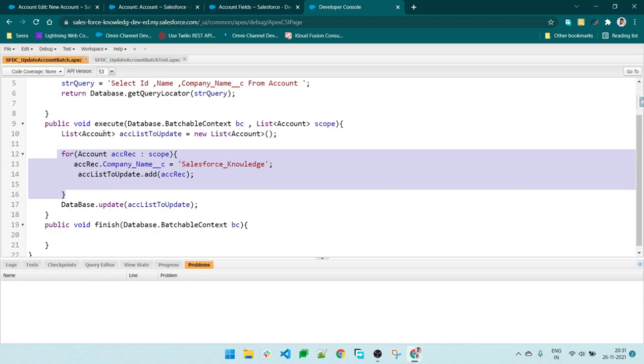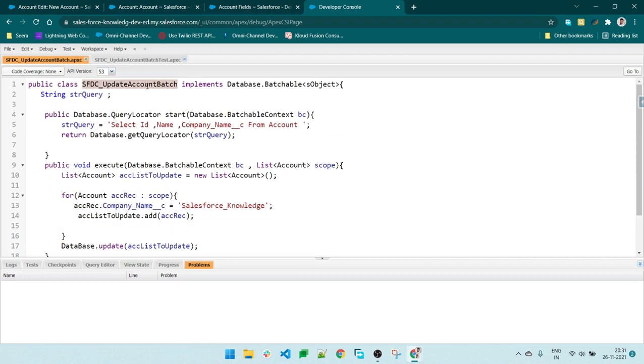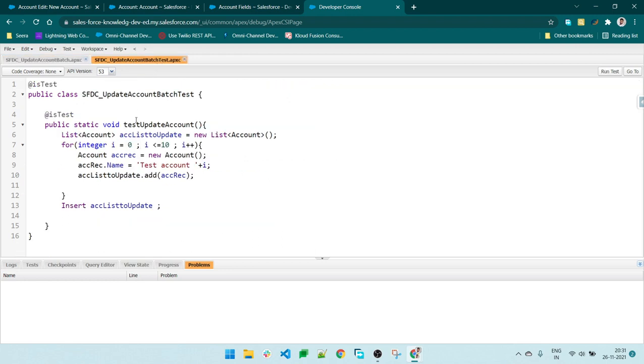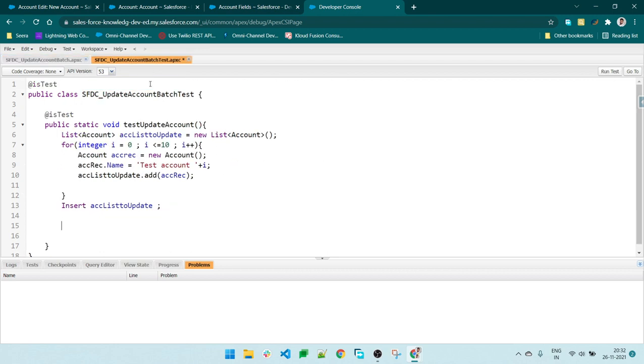Now, since this is our batch class, we need to call our batch class. In the same way as we run our batch class from the anonymous window, we need to call our batch class from our test class also. So let's call our batch class from here. Give the batch class a name and then call it. Let's give the name my batch.